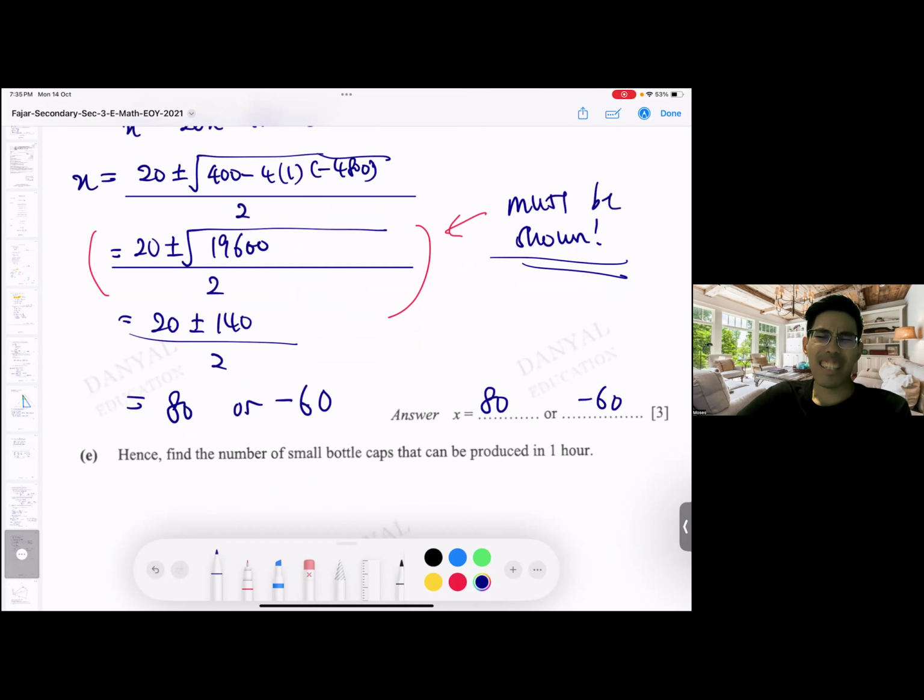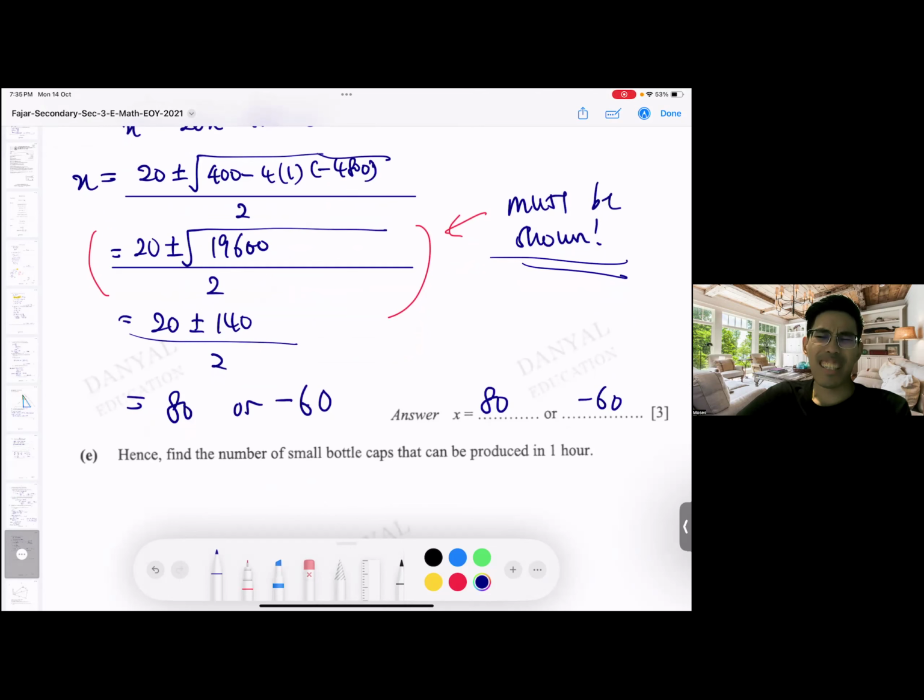Cannot, right? But in this question, in the solving part here, we do not reject. Why? Because in this part, they only ask us to solve. Solve means there will still be 2 possible values. Whether or not it's being used in the context, that's not your concern here. The main business here is to solve, and just to solve. The next part, it counts for the context. That one important.